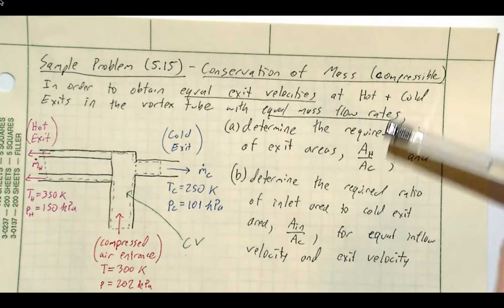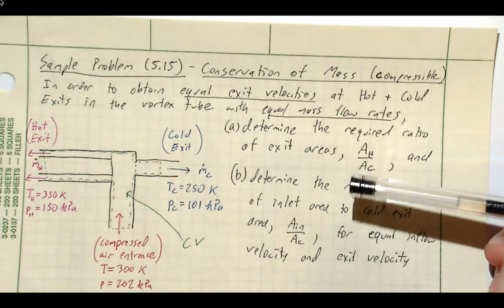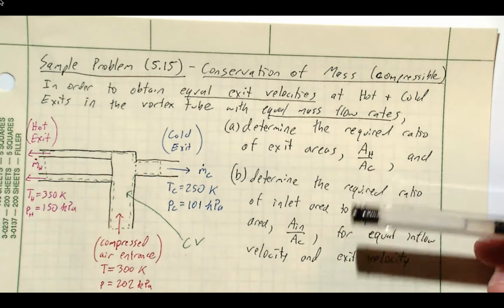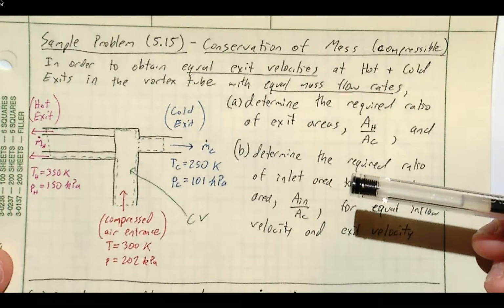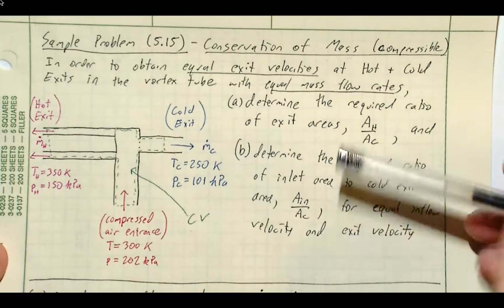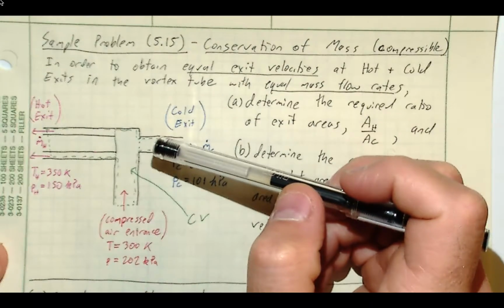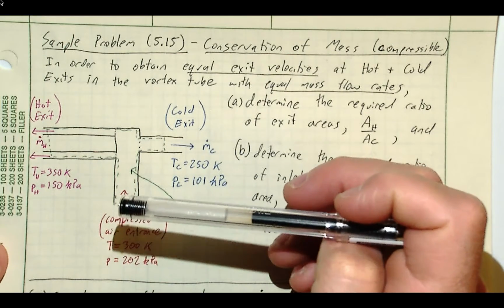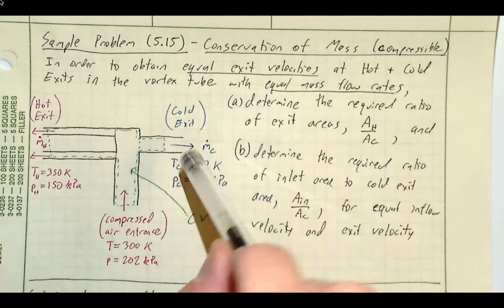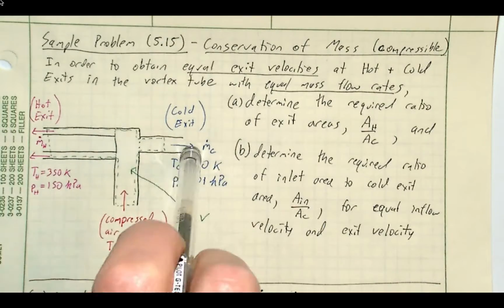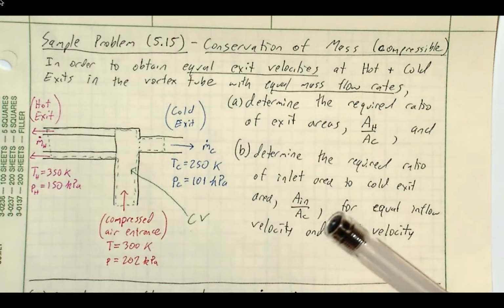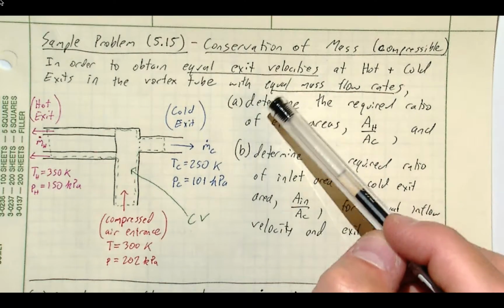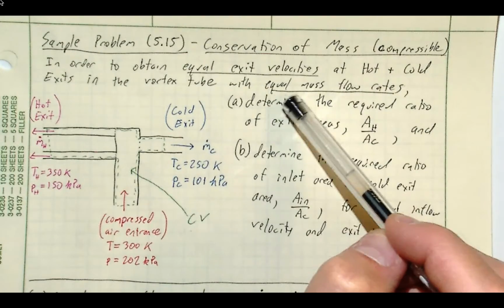But just for the conservation of mass on this system, it's nice because we're dealing with air, and therefore we can look at some of the compressible effects. Okay, so our goal here is to obtain exit velocities that are equal, right? So the exit velocities are equal in the hot and cold exits, with also equal mass flow rates. That's really all it's saying. We can, though, change, what can we change? Well, if this was true for an incompressible flow, with equal mass flow rates and equal velocities,